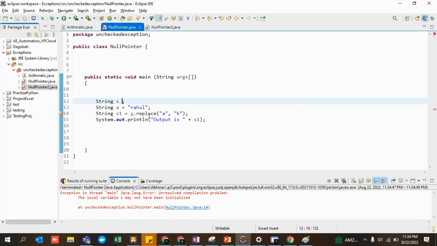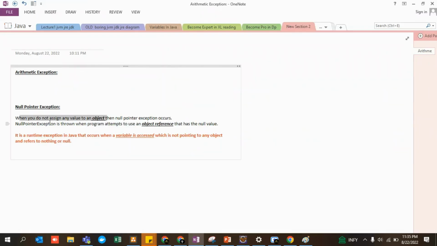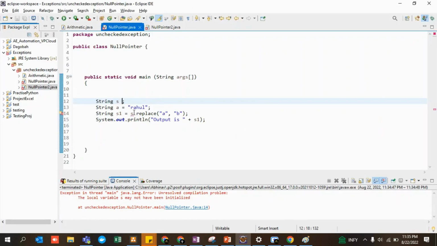It says s dot replace, which means that if s is not representing anything, if s is not holding a value, then it simply prints the output in the form of a null pointer at this particular line. So this object does not hold any value, which means it is going to give me a null pointer, right?